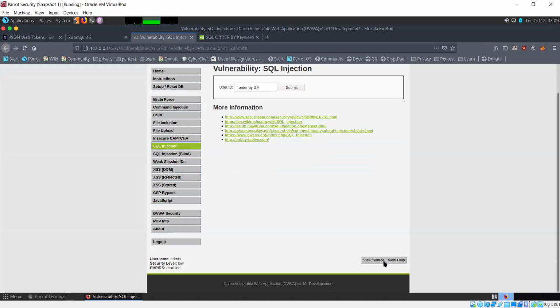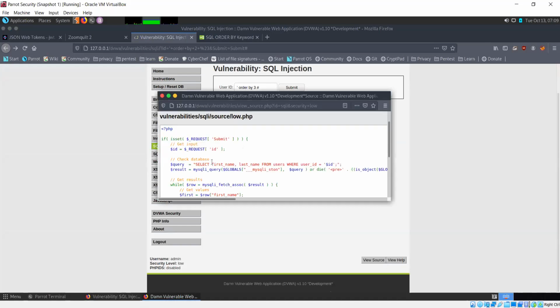Now the underlying statement is this: select first name, last name from users where user ID is equal to this. So yes, it's true, there are only 2 columns, but this information, of course, is not going to be visible to you.